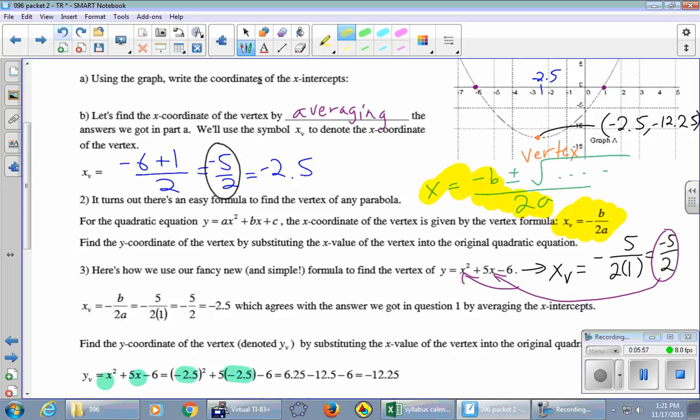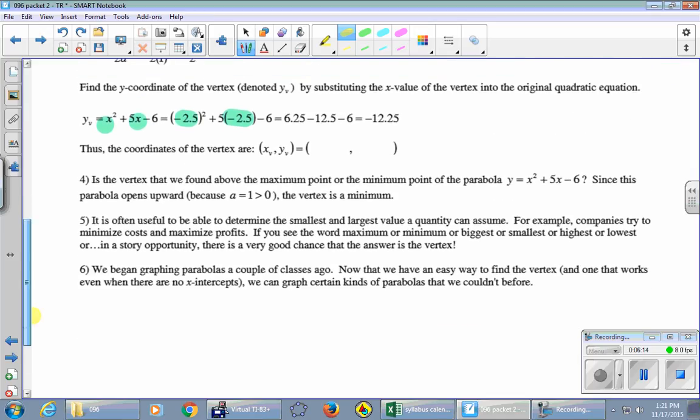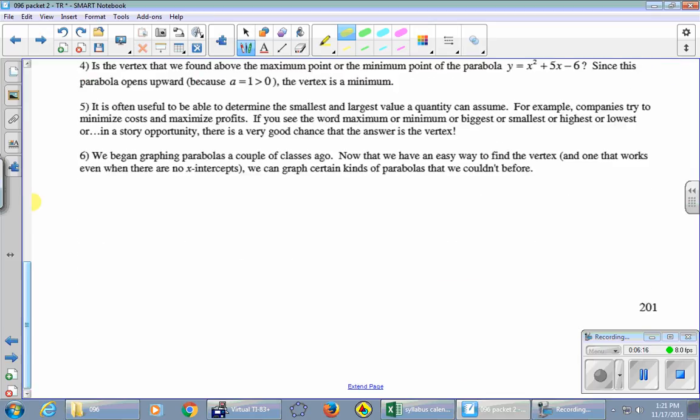There it is, just ignoring everything after the plus or minus. The quadratic formula contains this new vertex formula. Okay, so I said that there were going to be word problems today, and you'll find them in the activity. We're not going to do any here, but I just want to point out